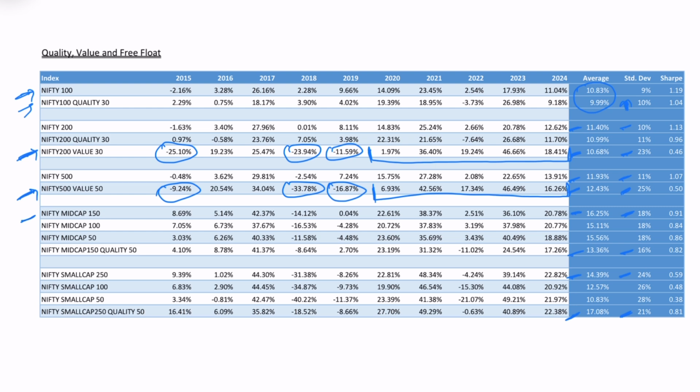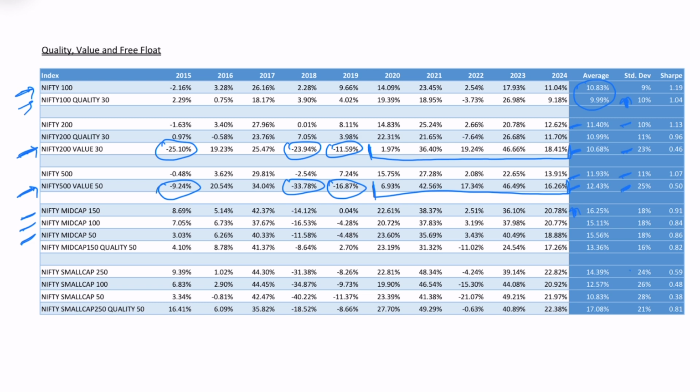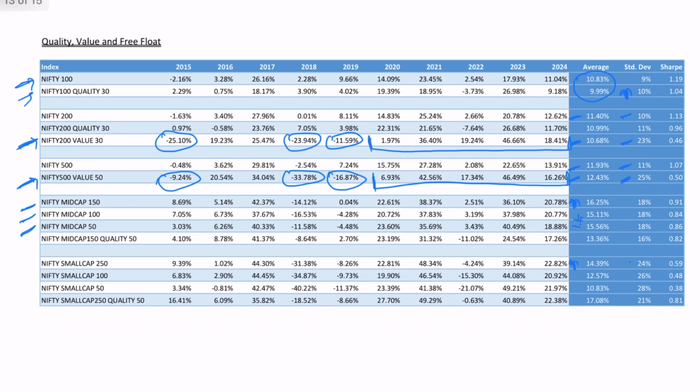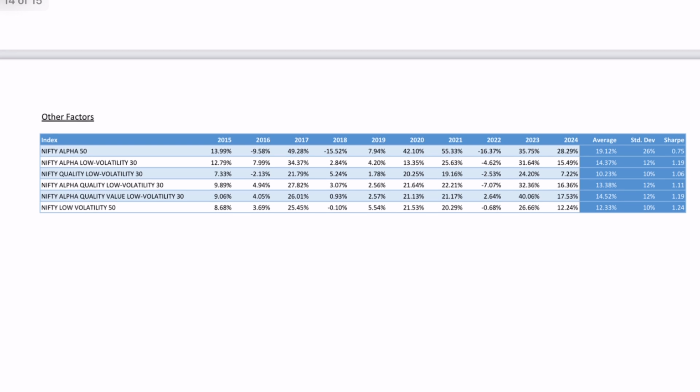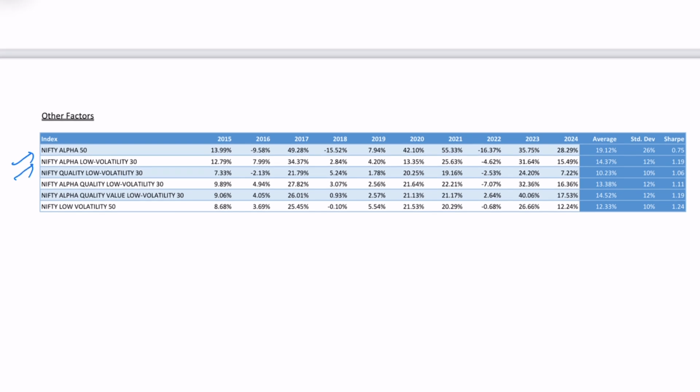And in terms of free float, like Midcap 150 to Midcap 150, Midcap 150 has the highest return, and in the same way Smallcap 250, the basic index, has the highest return. Smaller indexes from the bigger indexes don't serve any purpose or give much value addition compared to the bigger index. So these are the other factors, in which we have Alpha 50,